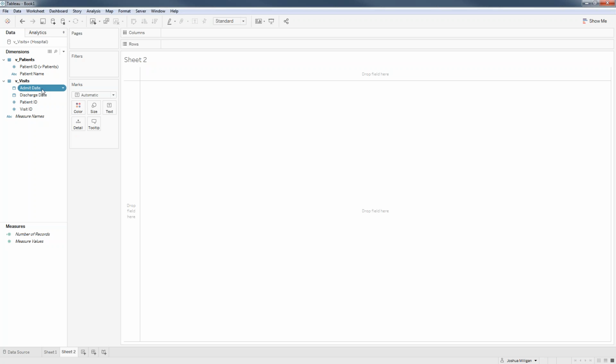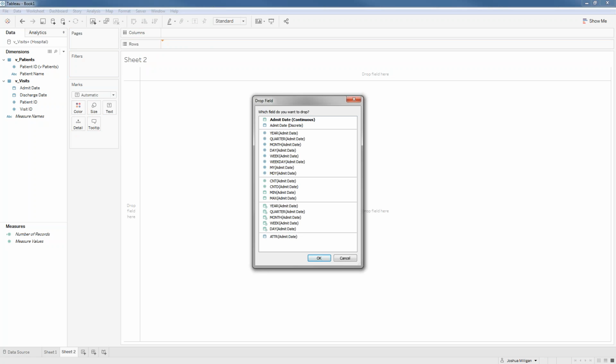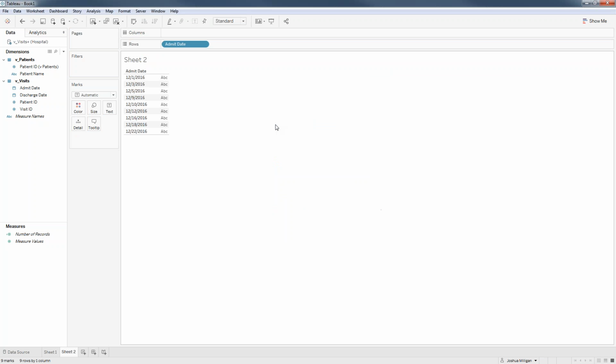I have an admit date, and so I could bring that out here, look at each individual admit date. I have a discharge date, and so I could bring that out and look at each individual discharge date. And what I realize is that I don't have a complete set of dates. So here all these dates are in December, but I see that I've got the 1st, and the 3rd, and the 5th, and the 6th, and the 7th, and the 9th, but I'm missing some